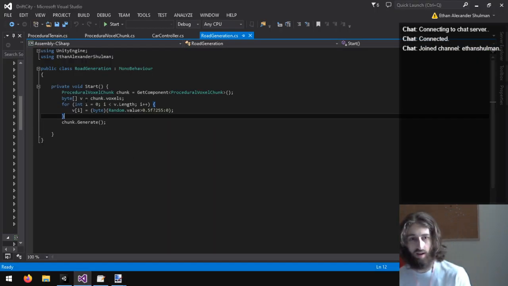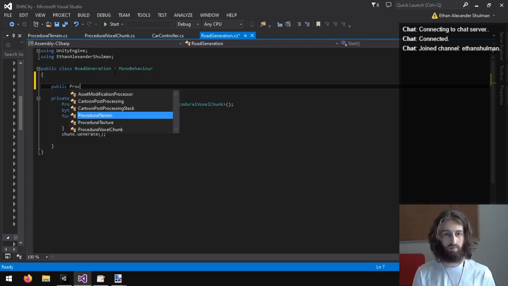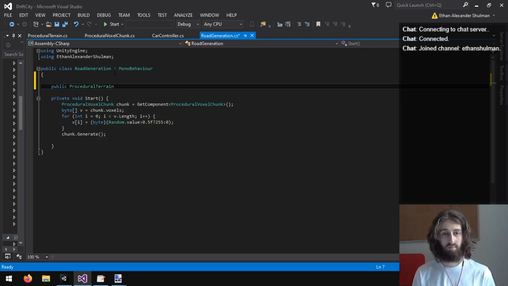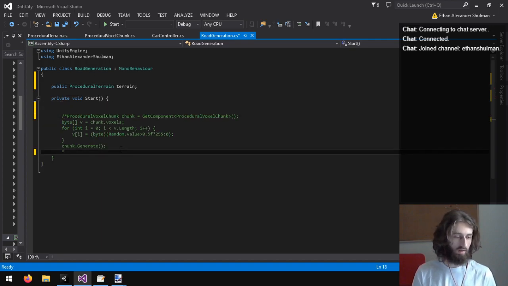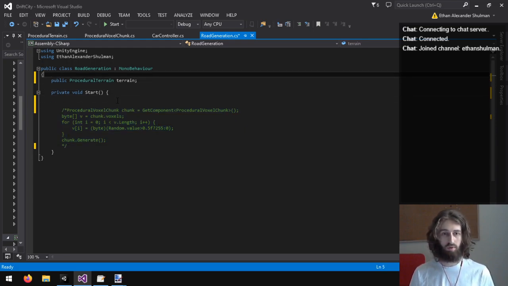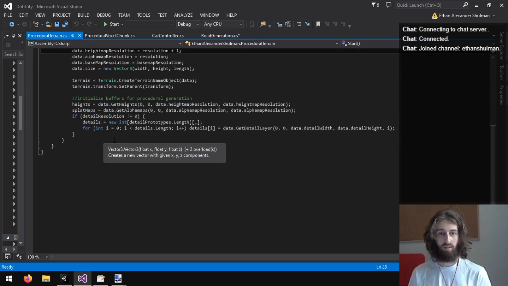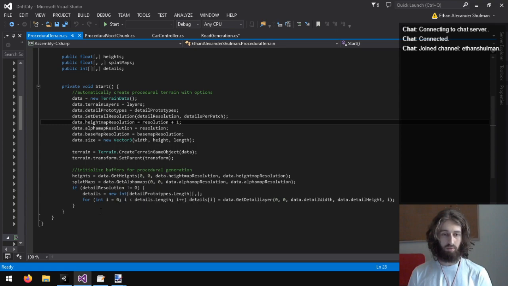So now I'm going to add this procedural terrain to the road generation. Remove this procedural voxel chunk that we were generating before. And we'll generate the terrain. I just need to remember how to do this.